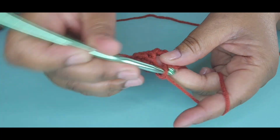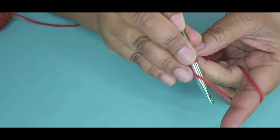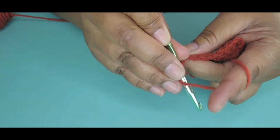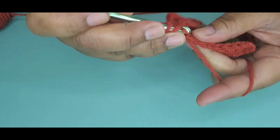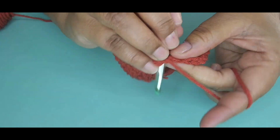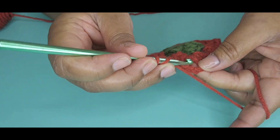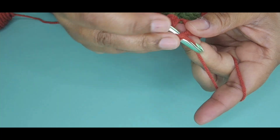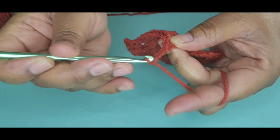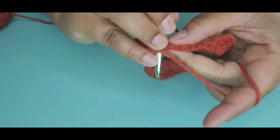We're going to put 3 double crochets, chain 3, back in that same space we'll put 3 more double crochets, we'll chain 1, next space 3 double crochets, chain 1, we're back at our corner, so we'll put 3 double crochets, we'll chain 3, and we'll go back in this space and we'll put 3 double crochets,